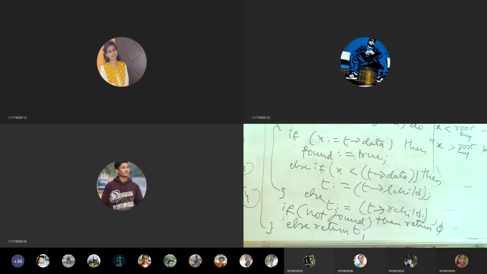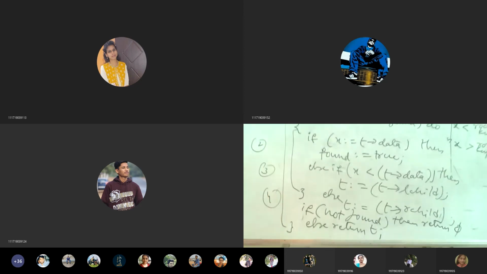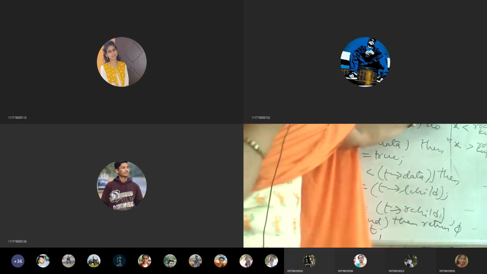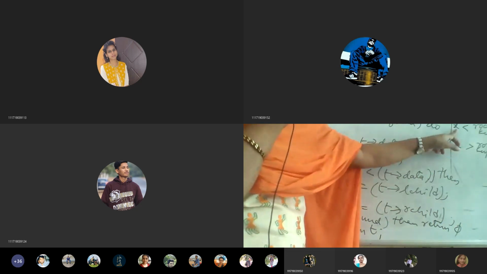Okay, so we have covered binary search trees, and the binary search tree operations are search, insertion and deletion. We have done search today. Searching an element, first we will check whether it is empty or not, whether it is equal to the root node or whether it is less than the root node.